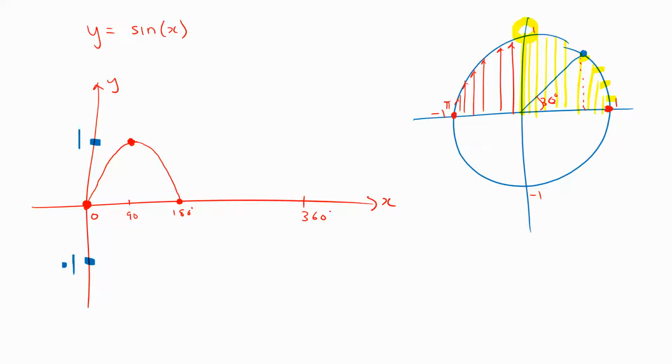Now from here, what we can see is the y values get larger and larger, but they are getting larger in the negative direction. So these y values are increasing to a maximum of -1. So at 270 degrees, you can see